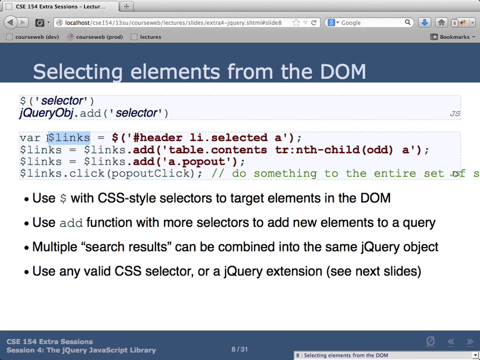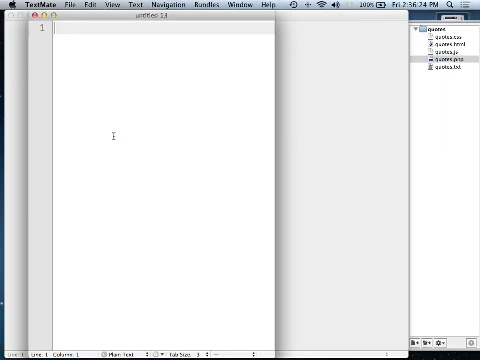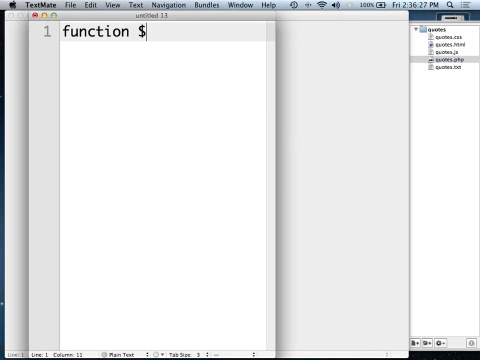But you'll notice that I've named the returned list with a $ sign. In PHP, all variables are named with $ signs. In JavaScript, variables are not typically named with $ signs, but the $ sign is a valid character that can be used in variable names and function names. That's why this function even exists, right? So this jQuery function, we're calling a function here. The function is called $, right? So somewhere in the jQuery code, they've written function $,